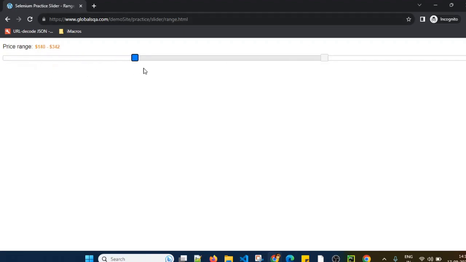The y coordinate will remain the same because we are moving it only in the horizontal direction, and not in the vertical direction. So we have to move the sliders only along the x coordinate. We can either add some x coordinate and move in this direction, or use a negative x coordinate and move in the opposite direction. That we will see practically.